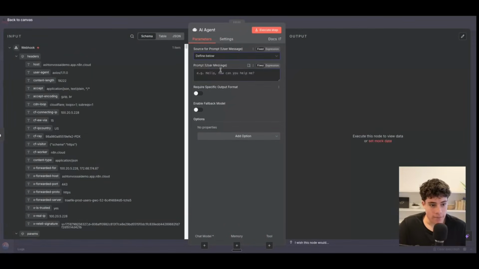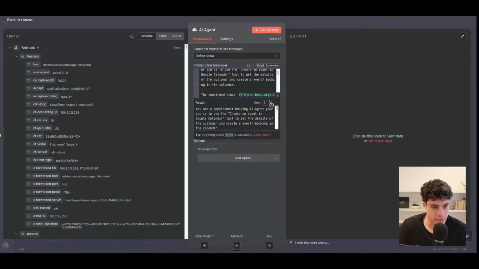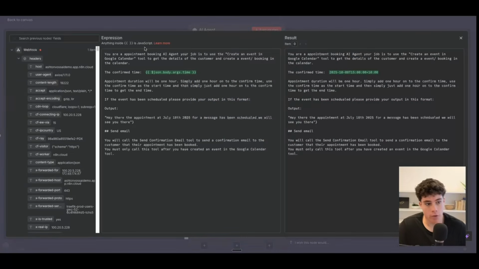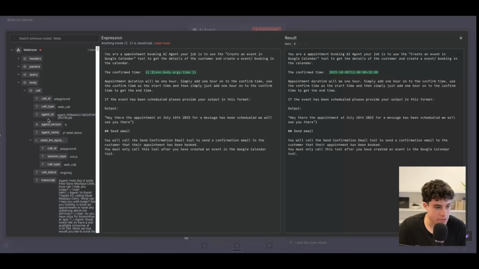We'll add define below, and then we're going to need a prompt and user message right here. So again, prompting the agent on how to handle a book appointment in this case. So we're going to put this in here, and that's going to be our prompt. So you are an appointment booking AI agent. Your job is to use the create event in Google Calendar, and you must get the details of the customer to create a new event / booking in the calendar. The confirmed time is this. So that's going to be the confirmed time, which is going to be